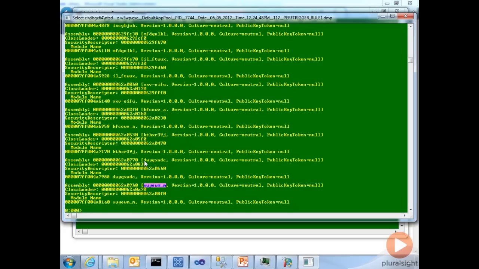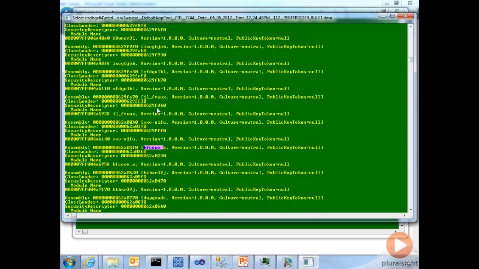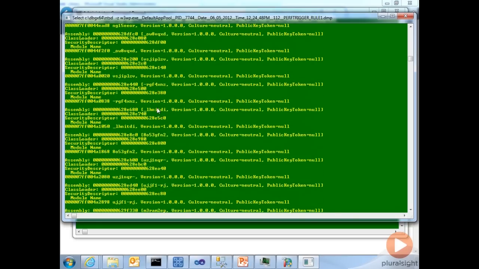The assembly prior to that has also loaded some bizarre name, bizarre name, bizarre name. As a matter of fact, if I keep scrolling up, we have a ton of these in the process address space. Now, the one thing to keep in mind is if an assembly is loaded into an application domain, it will never be unloaded unless the application domain is also unloaded. So for all intents and purposes, all these modules that are named really bizarrely, we don't know what they are, they will stay in memory